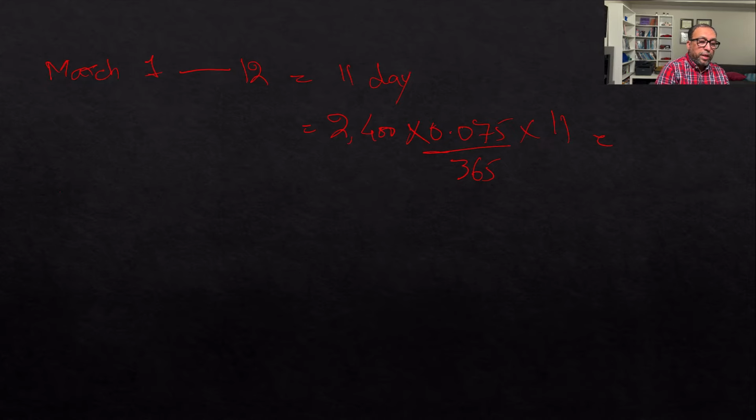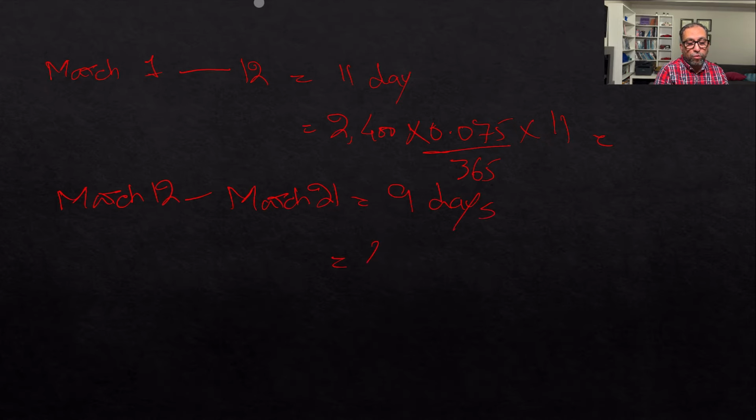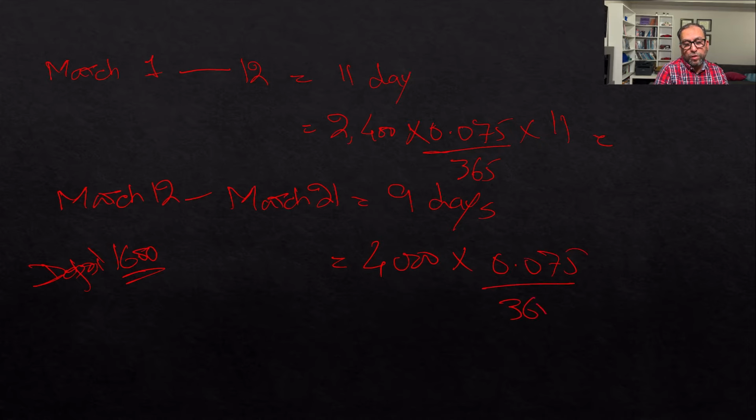That is for the first period, and then from March 12 to March 21, we have 9 days, and for these 9 days we have a 4,000 balance because we deposited 1,600. So we have a 4,000 balance times 0.075 over 365 times 9 days, and then from March